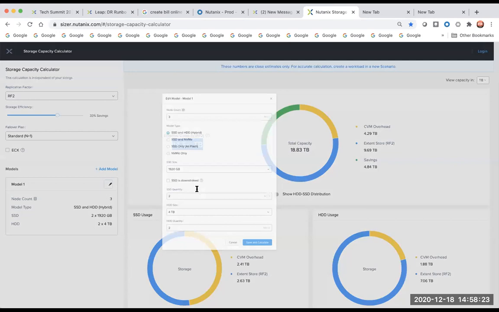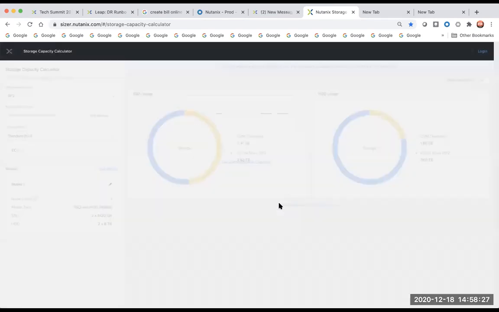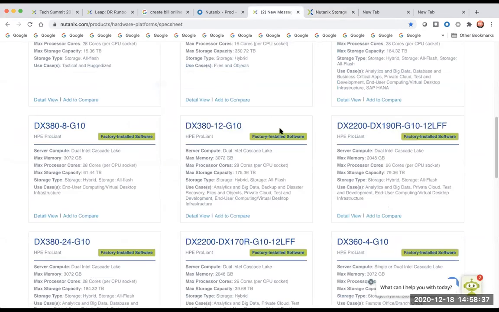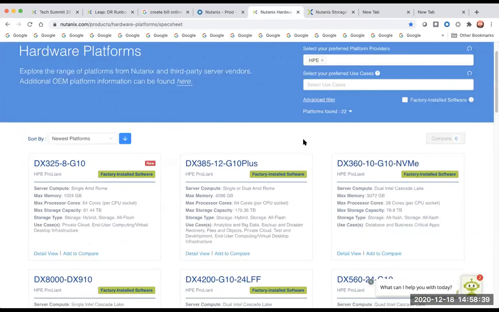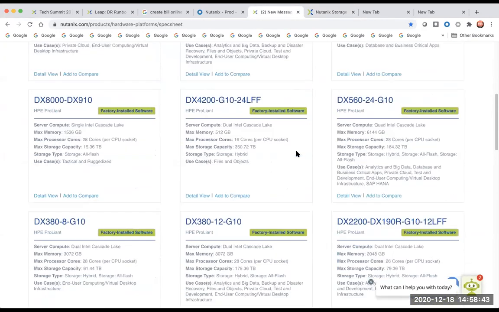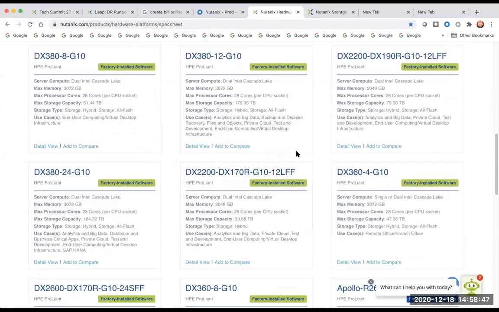Then we made it 8 later. So if we do 8, this much will come to you. Roughly 24 terabytes you will get, sir. And the storage is not that costly, so we can add higher storage. So this was your graphical nodes question. There is a certain model number which are graphic only nodes. So those have to be put in, sir, because all these model numbers are different.